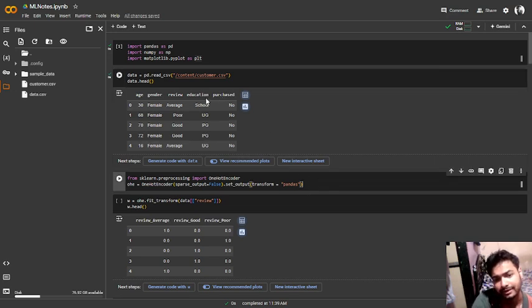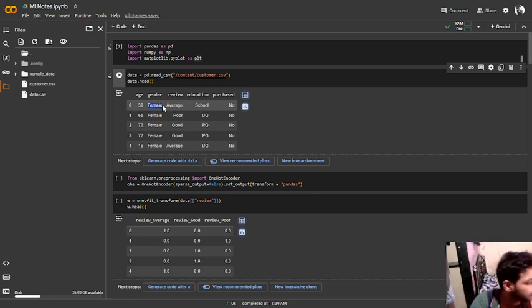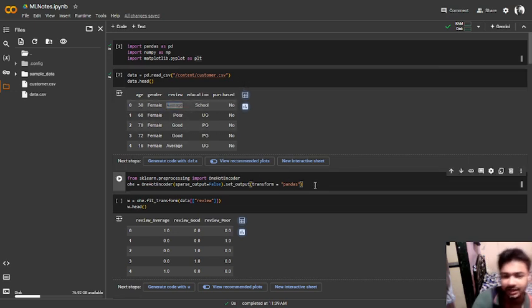Now it is very important for us to convert this categorical column into a column with a numeric representation. There are several ways. Two ways which we will see are one hot encoding and label encoding, and we'll see their advantages and disadvantages as well. So one hot encoding is from the preprocessing library of sklearn,